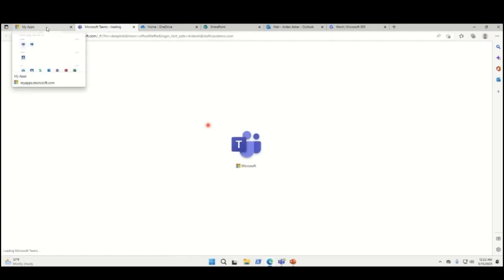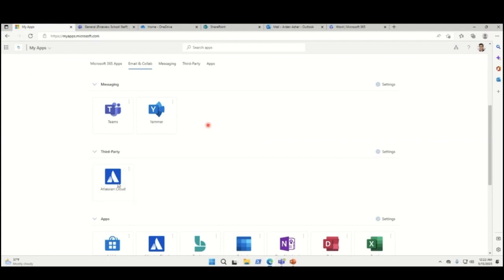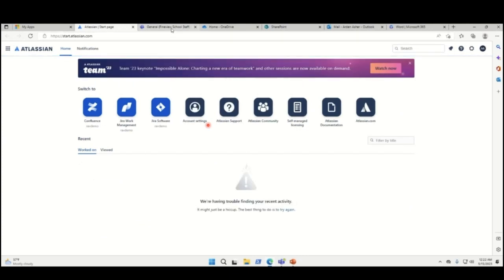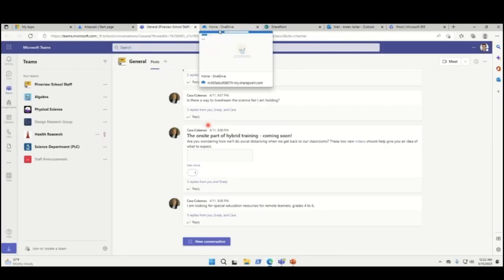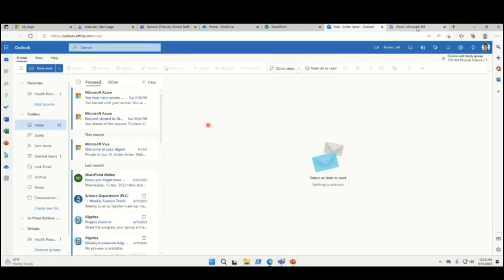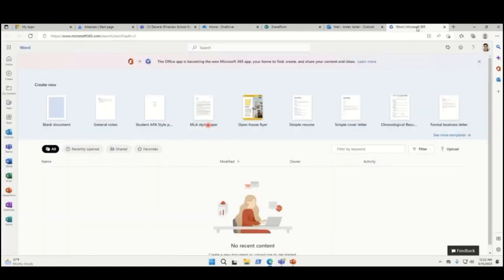And then they're able to get access to their apps and also their third-party apps. As you can see, we have the third-party app section where the user clicks on it, and you'll see that now. In this case, I have Atlassian Cloud Federated, so they clicked on it and they successfully logged in and got access to all their apps. So it makes it easier. It opens all the tabs for the different apps, so you're able to navigate across all your apps using the beautiful My Apps portal.